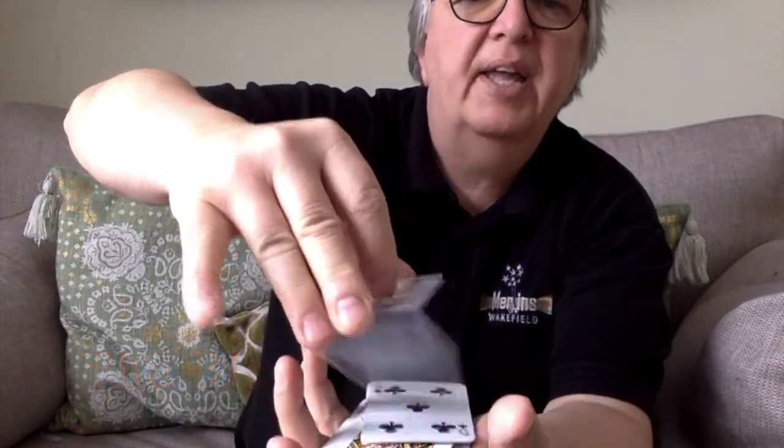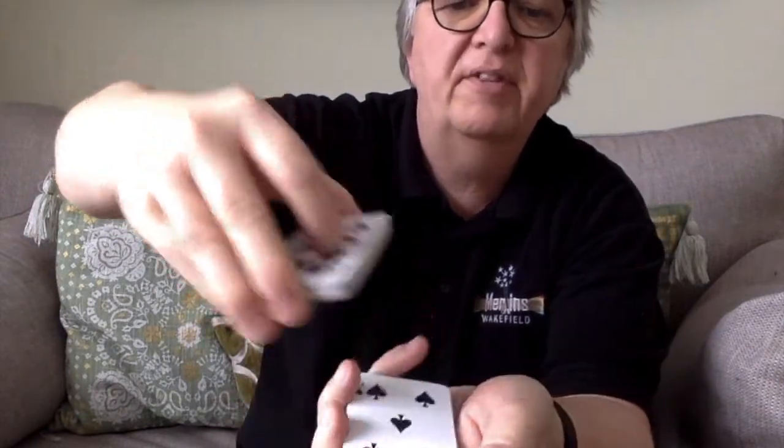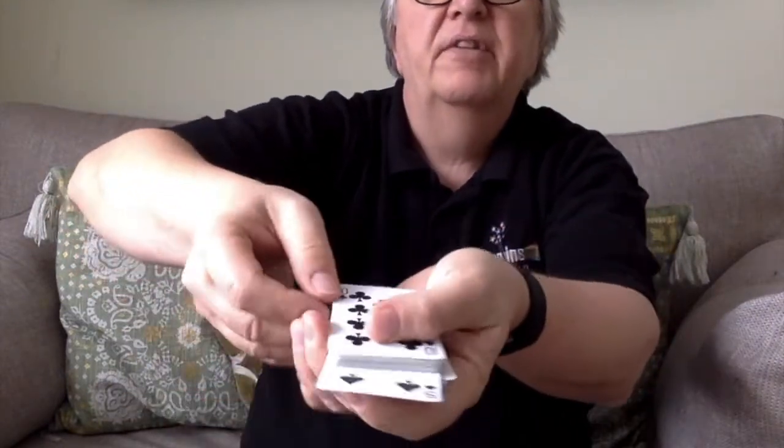It's quite a versatile deck, and lots of people start off with that one. The other one we have is a blank deck, which I'll show you what I mean by that. So basically you've got a pack of cards, they just look like regular cards. And again, they say stop anywhere they like, so it's a genuine stop, so they say they stop on the five of spades. You see that's a good card to stop on, so have a little look if you can see that. If it stops on the card below, it's actually blank, so there's nothing on that card,